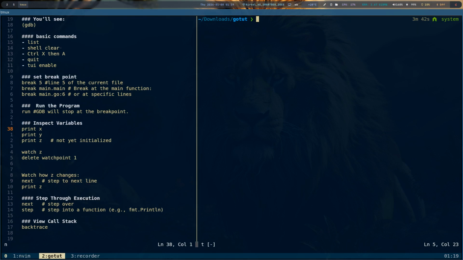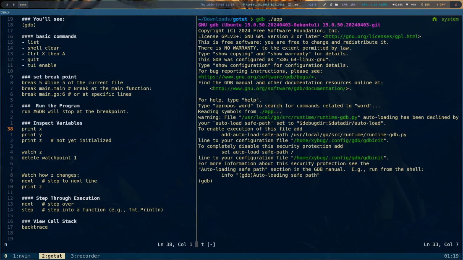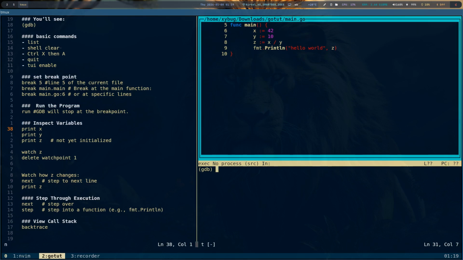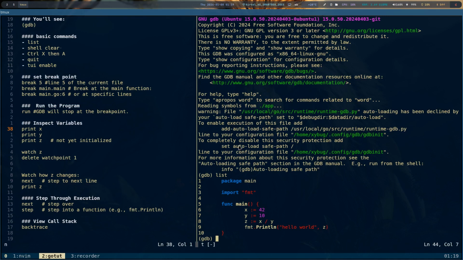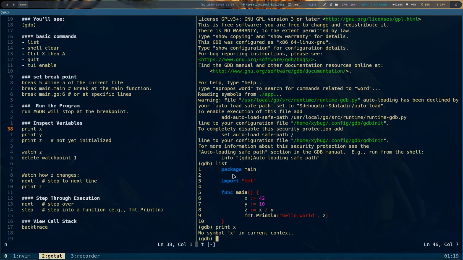So let's go through the process flow again. You compile your app into binary, which we have done earlier. We have this app binary file, and you can run it with GDB app. You can toggle with Ctrl+X A. I'll toggle back with Ctrl+X A. You can list to read your code. You can print your variable. So we have no symbol X in current context because we need to run this in GDB first